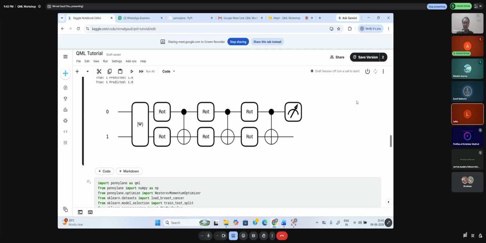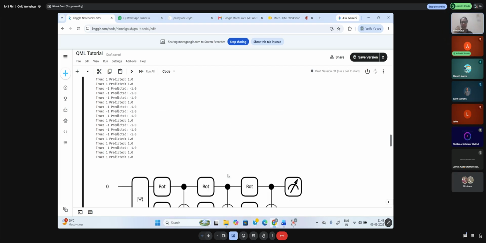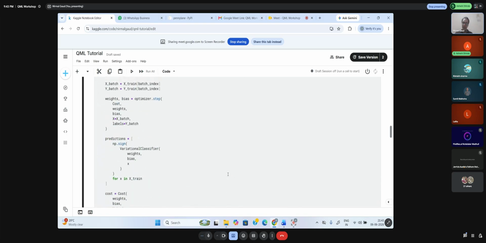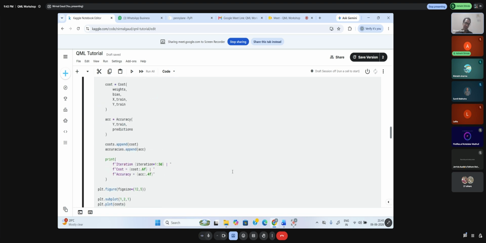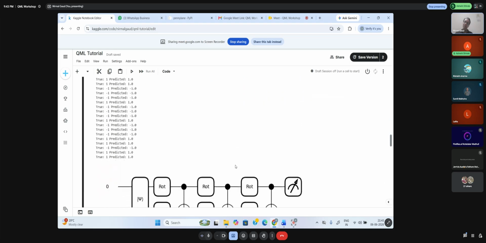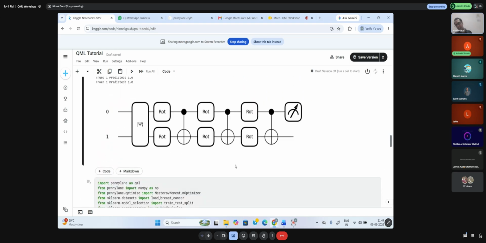In these two wires, two inputs are going. Yes, two wires we are taking, so it means two features. How can you define these two features then? Here we'll check how we are going to define two features. That means you are saying one feature is 0, one feature is 1. That's what you are trying to say.